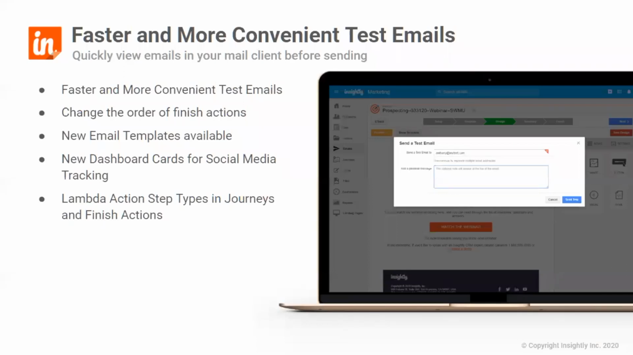The last one that I want to cover today in these smaller updates is Lambda action step types in journeys and finish actions. The last of the smaller features we're adding to Insightly marketing in this release is a couple of new action step types inside of both customer journeys and finish actions. Customer journeys are very powerful, and we're leveraging the power to now include the ability to execute custom code in Lambda functions right from within customer journeys and as new finish actions after form fills or hosted file downloads or